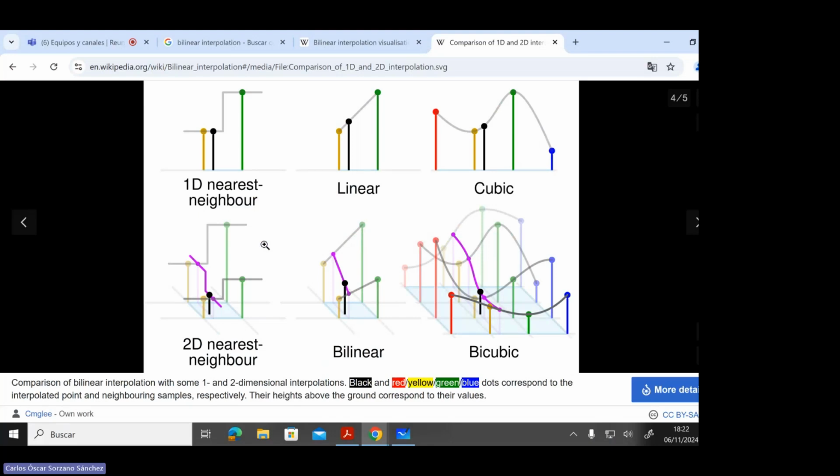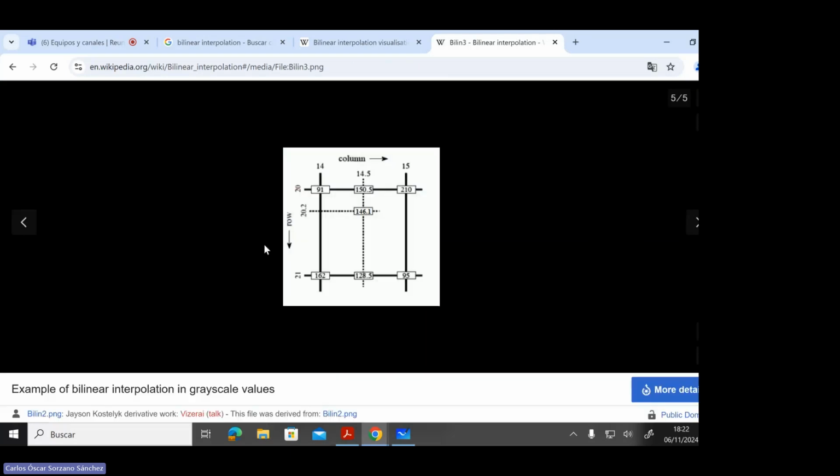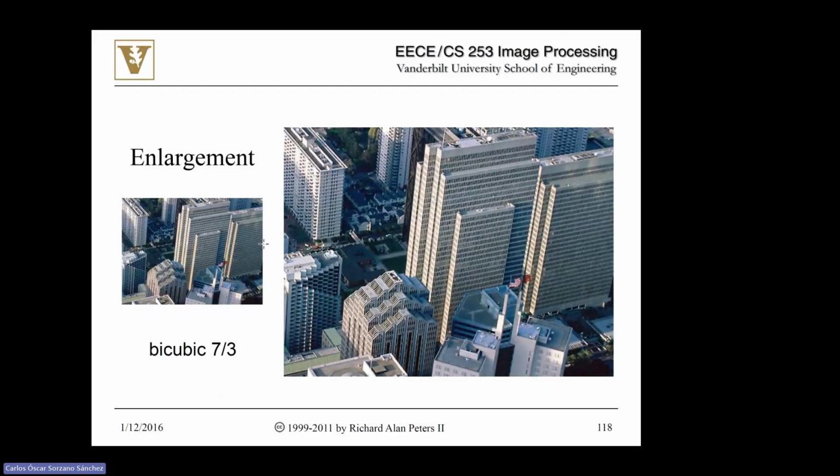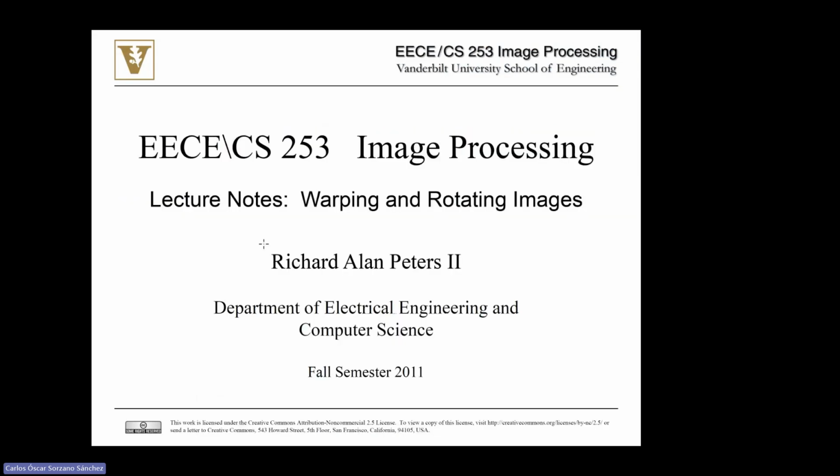Okay, any question on this part? So that was the lecture that we had today. And then we will work on our